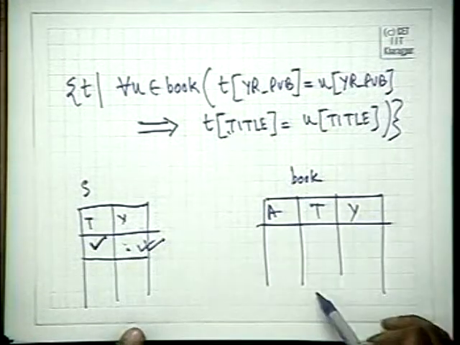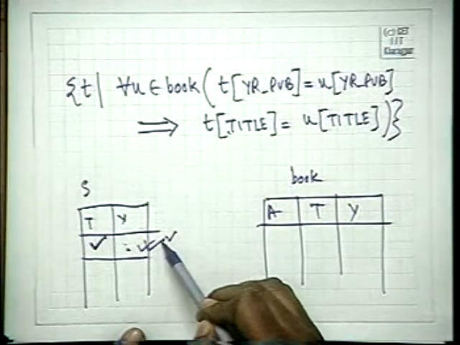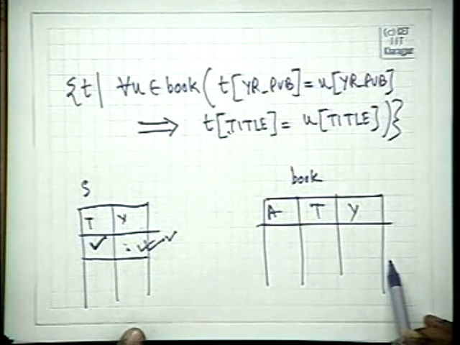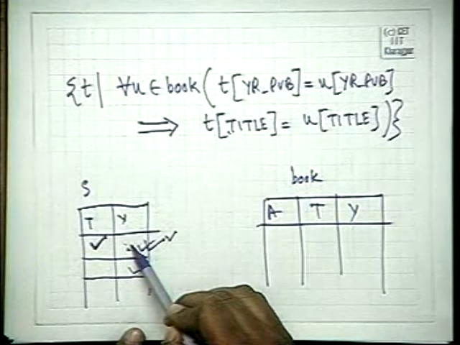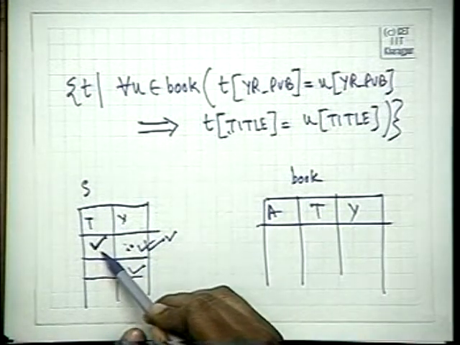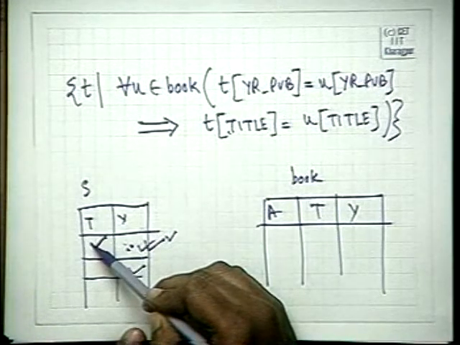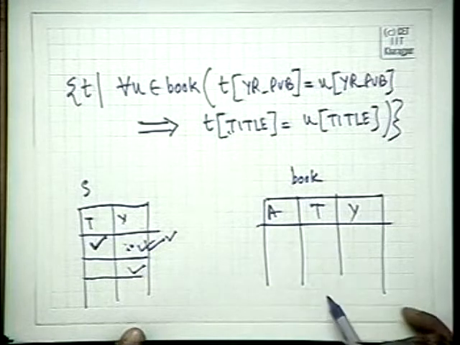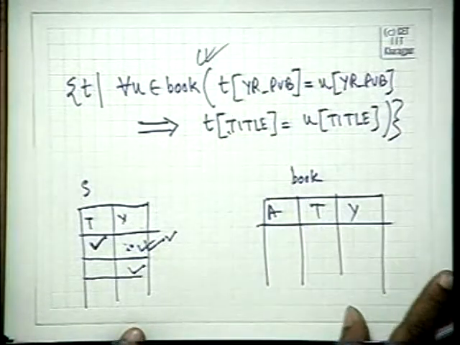For all books, for this tuple, for each and every book, if the year of publication is same, then the title is same. This must hold for this one also. So if this book is published in 1991, then this will contain all the books, that is the only book in 1991 which is available. If 1992, there must be only one book available, otherwise this query will not be satisfied. And using this for all,